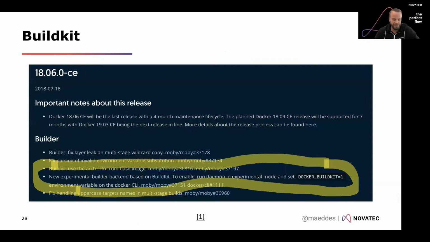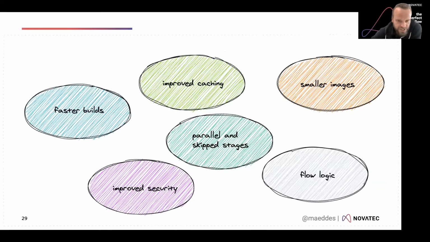Now, the Dockerfile did not come to an end in its evolution with the multi-stage. In 2018, they started an experimental step with BuildKit, which has now also become a standard in the Docker build mechanism. This BuildKit promises a lot of things.